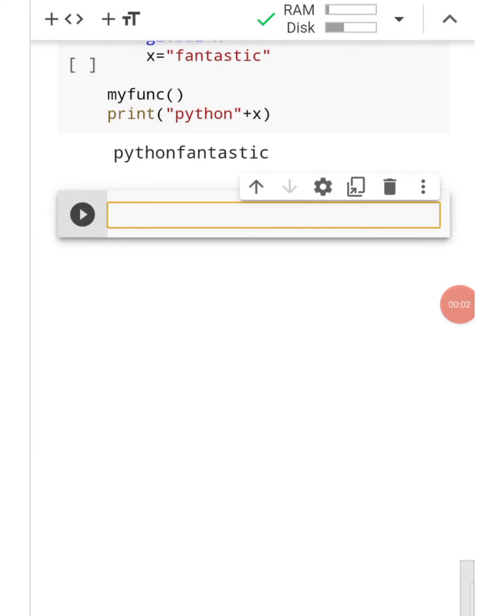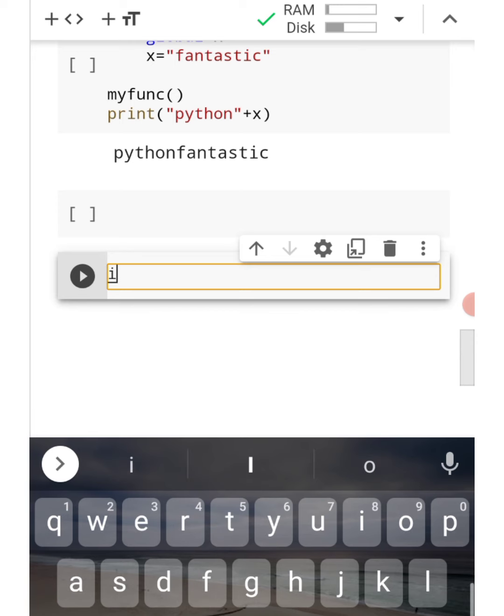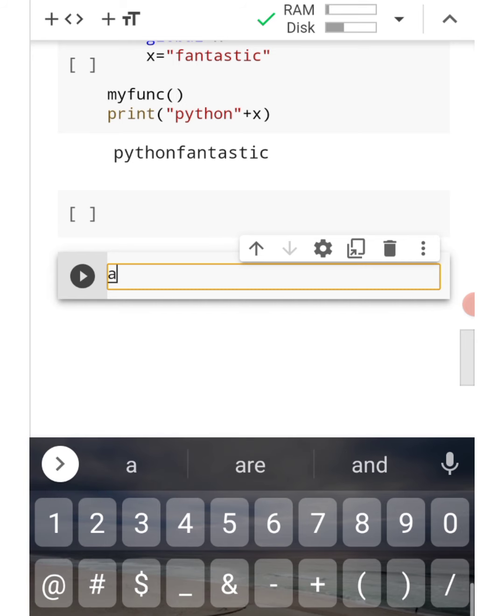Friends, in this video we are going to start a new concept in Python, that is decision making. Decision making can be done with if, else and elif. First, we are going to study the basic program of if by using a comparison, to find which variable is greater and which one is smaller.